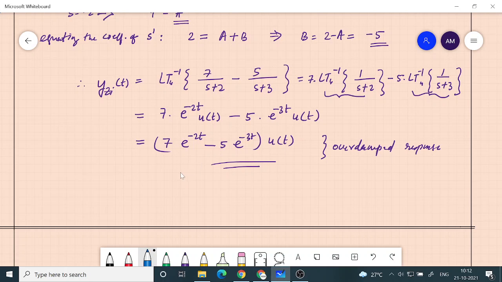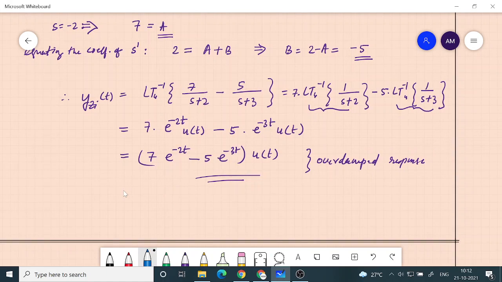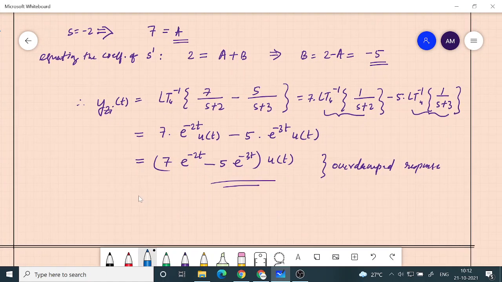In such cases we have done one problem, if you remember, in an earlier class on signals and systems, in the topic of inverse Laplace transform. We have done a couple of problems. One of the problems had complex roots, and you will see that the solution was written in terms of sines and cosines. So if sines and cosines arise in the response, that means there are oscillations. But if it is just an exponential function which is decaying with no complex values, then it is a case of overdamped response.